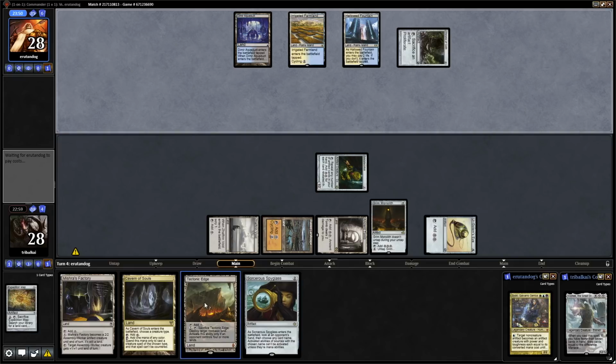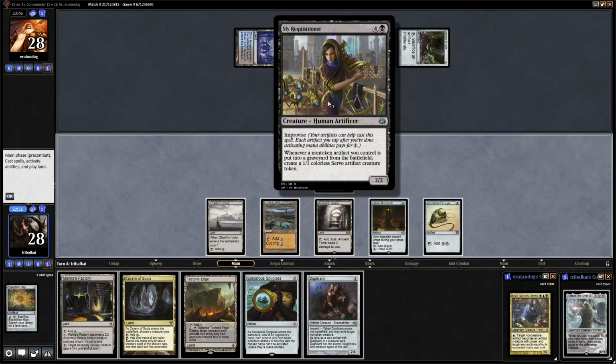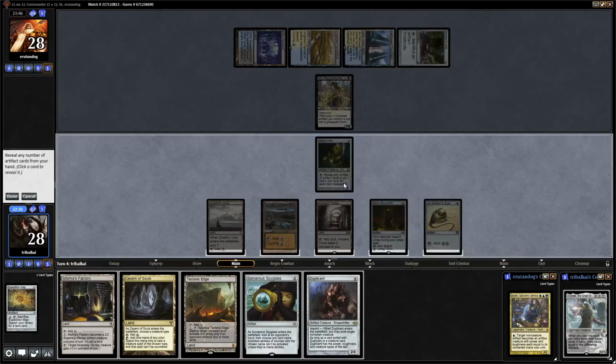Now the question is, do we want to try and empty our hand a little bit more and lose a turn? That is Sly Requisitioner. Has Improvise. Whenever a non-token artifact you control dies, you get a Servo. Okay. Duplicant. Yeah, we've actually got a pretty good hand going, haven't we? Let's go for